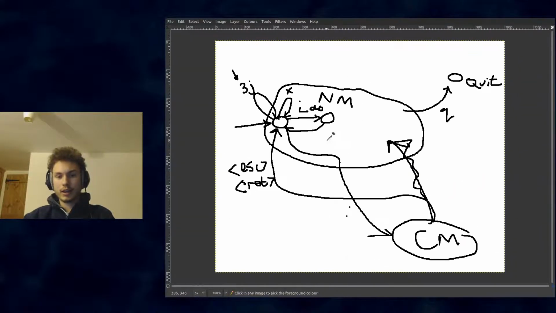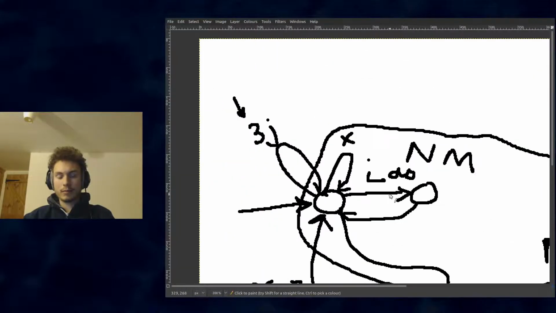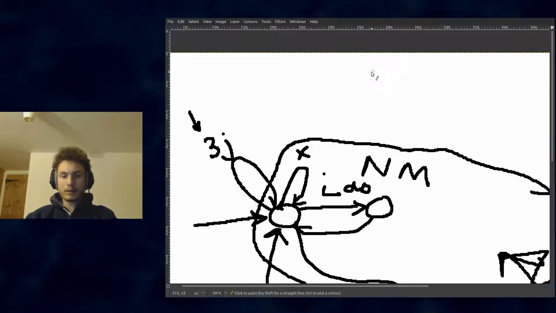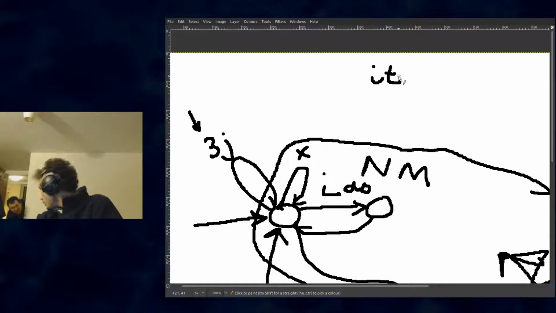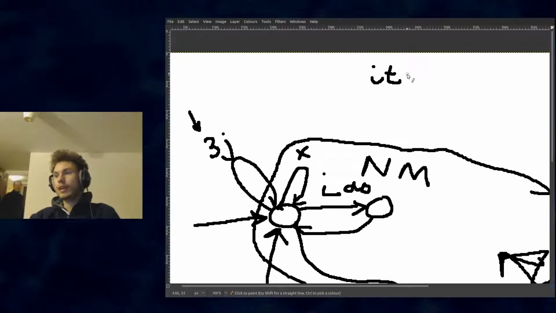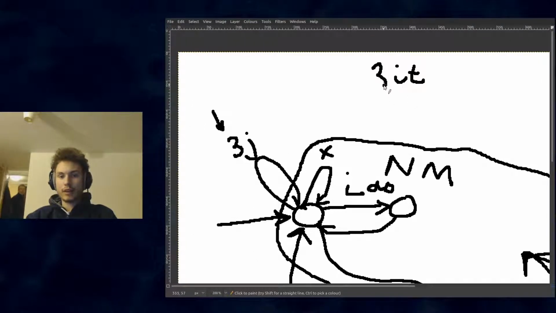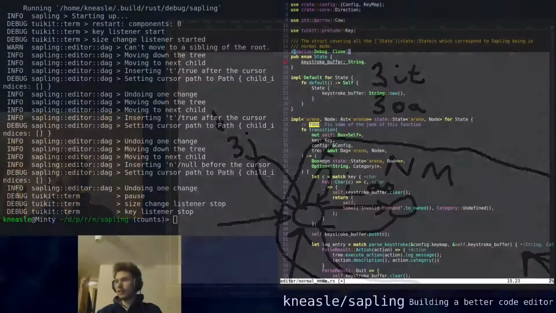We're discussing this on GitHub about how counts should be implemented. We came to the conclusion that putting a count, let's say we have insert true, right? So if we have insert true, what does 3 insert true mean? Or as another example, 3 insert as child array. Because if we switch back to Sapling again,